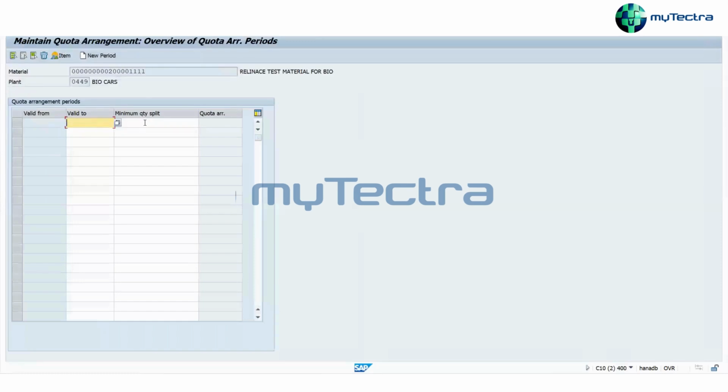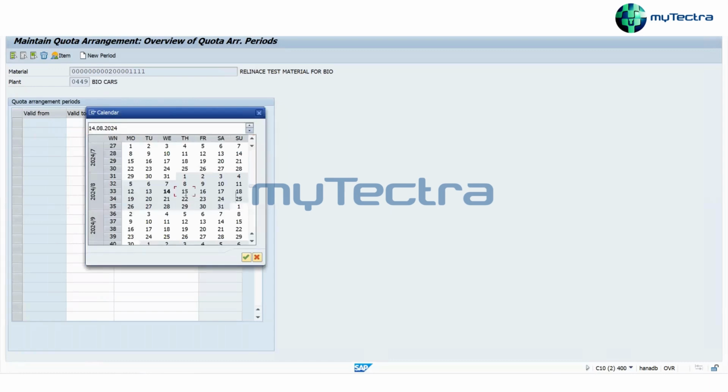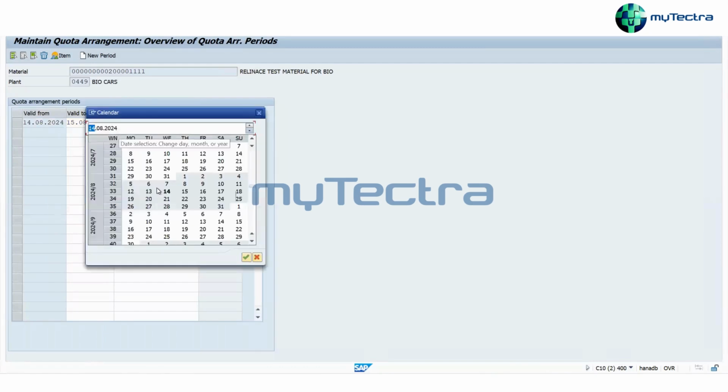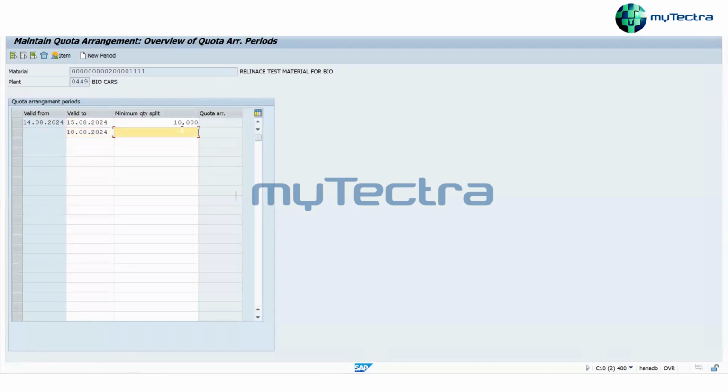See, here you can split the quantity. Suppose the quantity is 1,000. The first lot I want by the 15th, say 10 quantities, then the second on the 18th, 10 quantities. So from the 14th to 15th they will send us 10 quantities, then from the 16th to 18th, in between, they will send us 10 quantities.